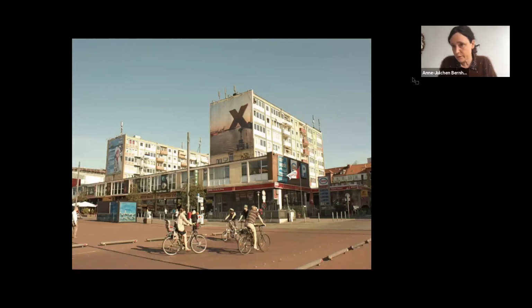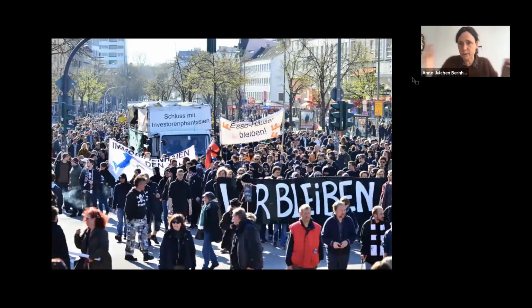After the Second World War, several parts of the site were destroyed, and then there was the so-called Essohäuser, social housing with a gas station in the basement. The gas station was quite famous because it was the place where you bought your beer while strolling around the streets. Then they had construction problems and were torn down.